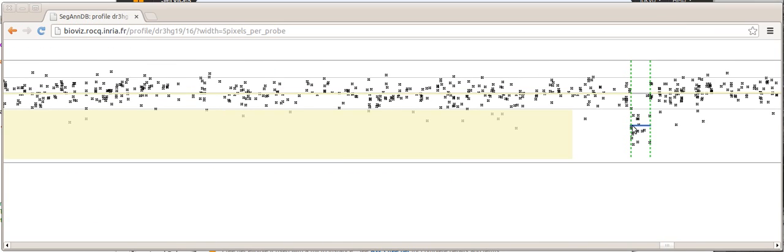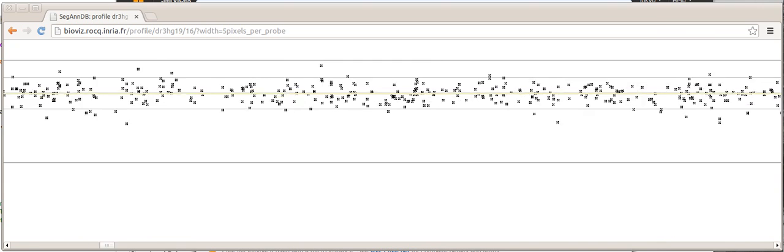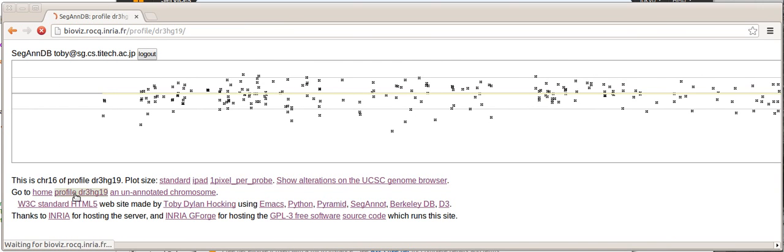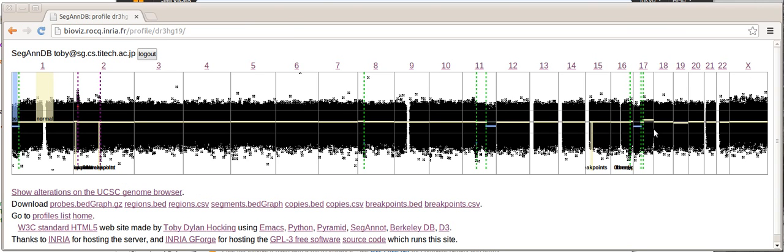And yeah, it indeed looks like a deletion region, and we can confirm that by adding a couple 1 breakpoint annotations. Zooming back out,